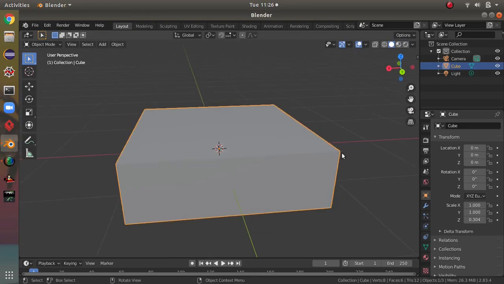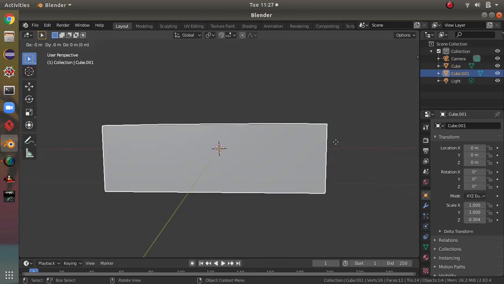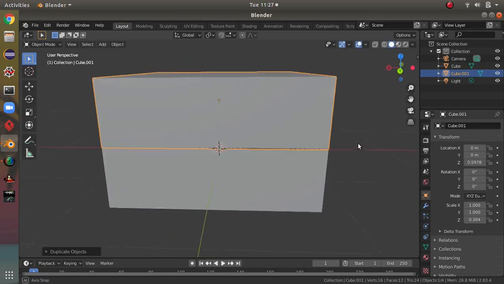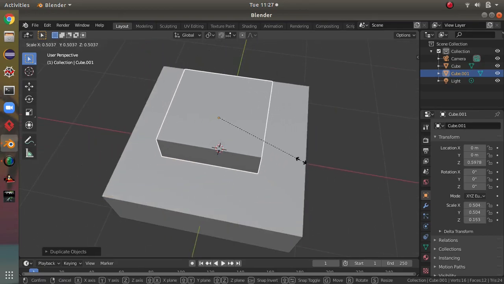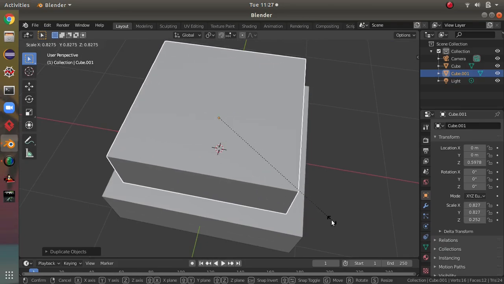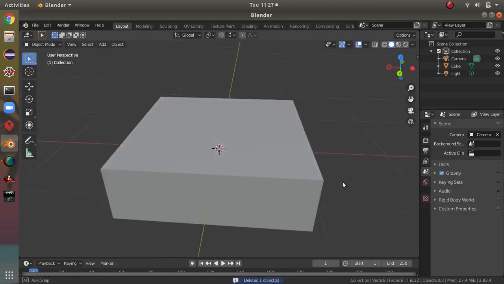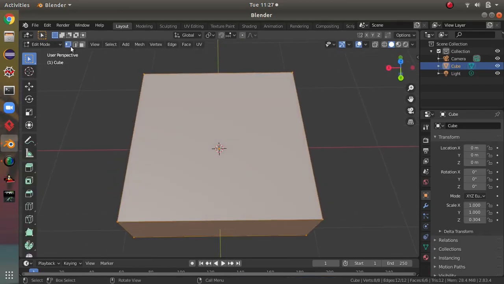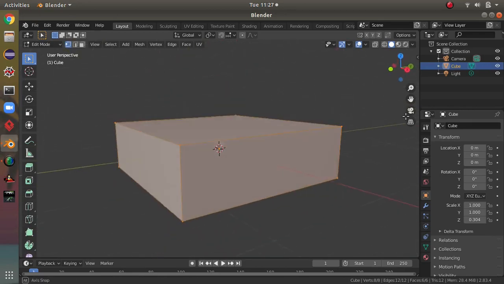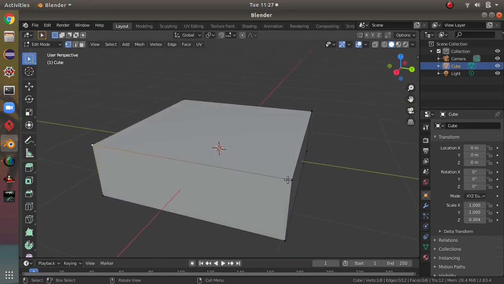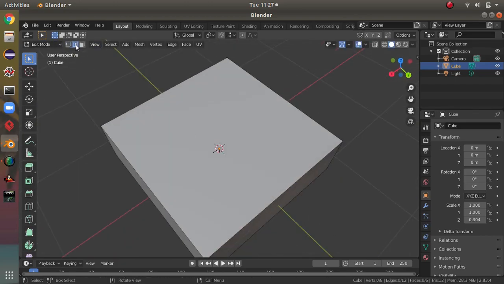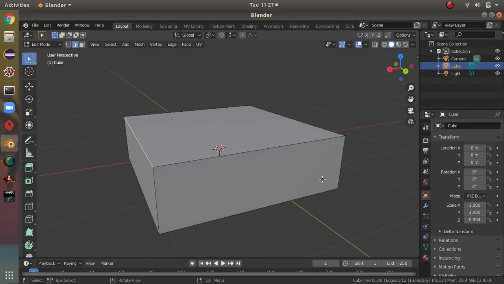Now let's do Shift D, which means duplicating. Shift D duplicates the object in here. But we are not going to duplicate it. We are going to turn this into edit mode. And you see these 3 things. This is the vertex selection mode. You can select any vertex or you can pull the vertex. You can select the edge mode, which you can